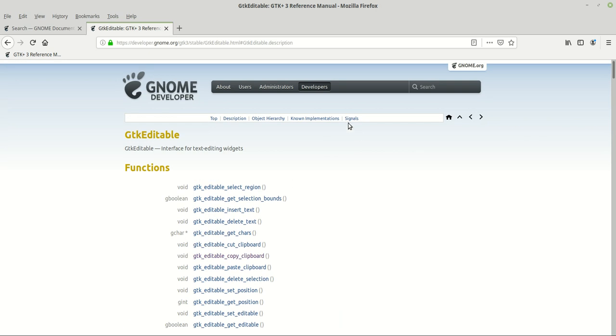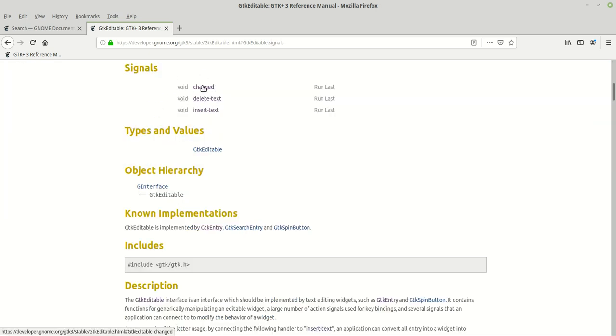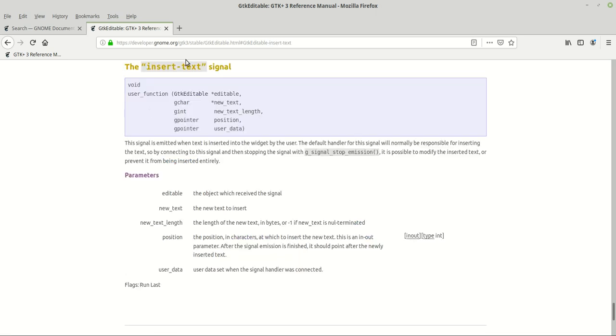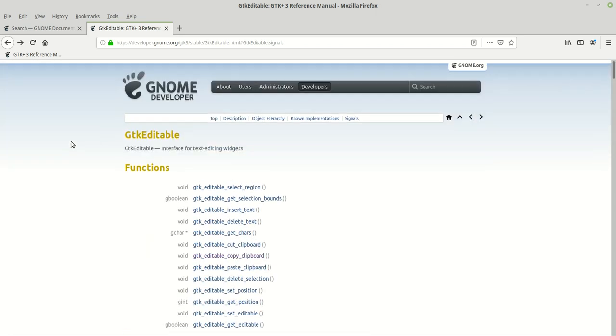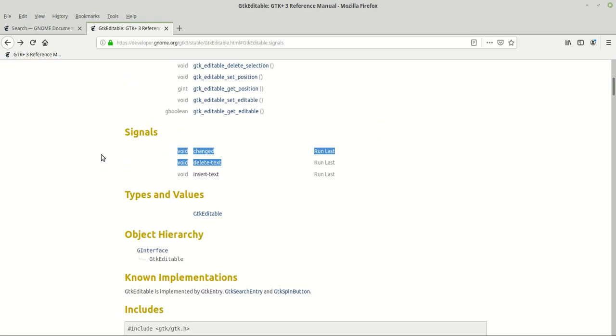So that being said, there are signals here. There are three signals: changed, delete text, and insert text. We already talked about insert text, but we didn't use its parameters when we were working with it. So we will see in the next tutorials about this editable widget how exactly this signal works together with the other two. Another thing we can see is that there are no properties here,